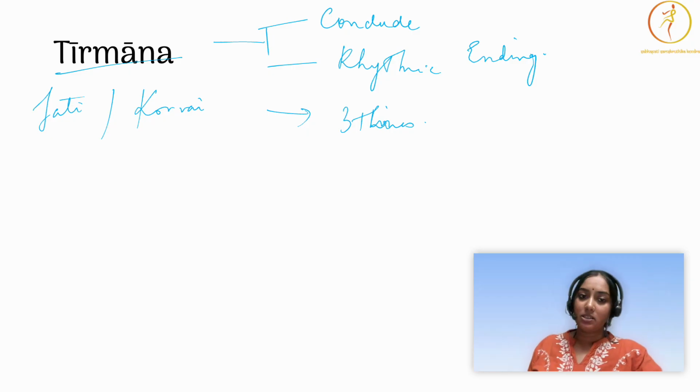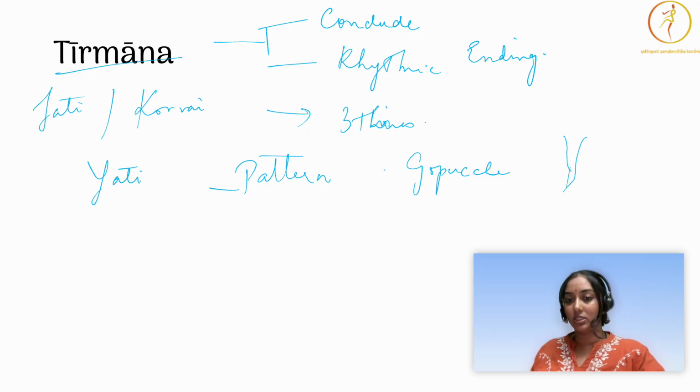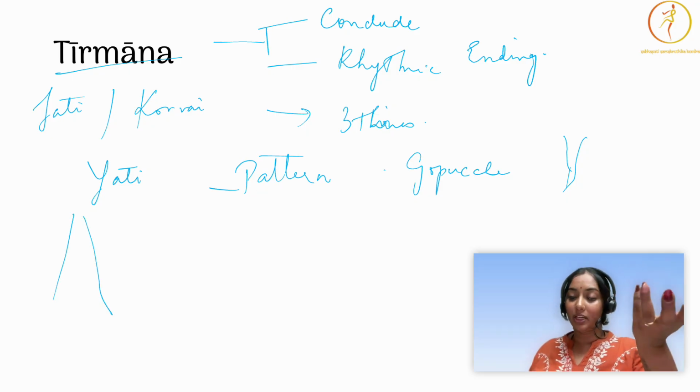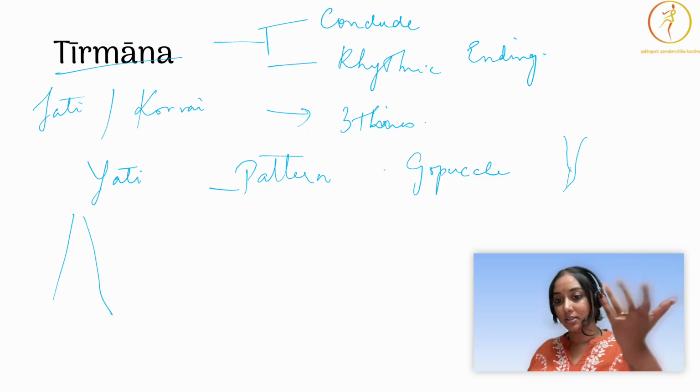And a tirmana utilizes what we call a yati or a pattern. What is a yati or a pattern? The most common yati is actually called Gopuchayati, where it tapers down from big to small, like a cow's tail. So it can be takadigu tadiginatom takatadiginatom tadiginatom. Or taditta kadadagadom ditta kadadagadom tak kadadagadom, something like that. Or it could be a shotrivahayati, where it goes up, so from small to big. That could be the reverse of Gopuchayati, right? Taditta takadigu kadadagadom ditta tak kadadagadom tak kadadagadom, something like that.